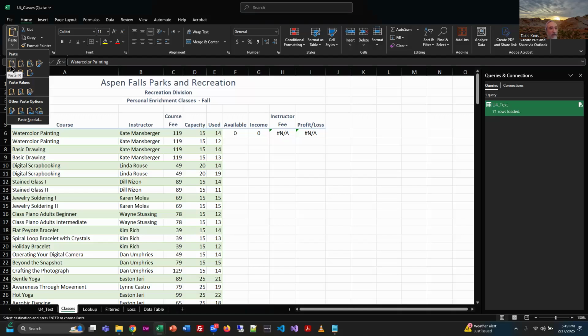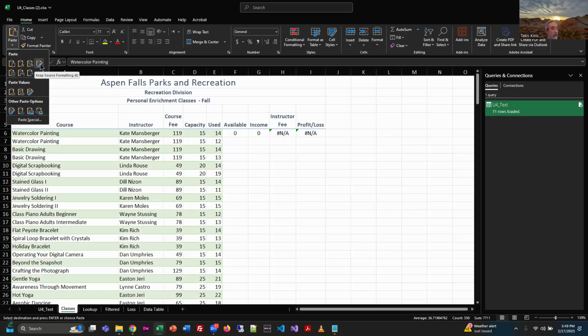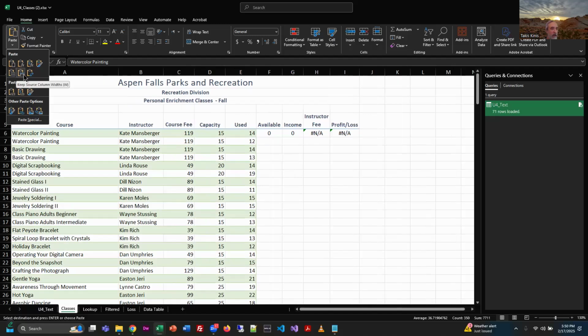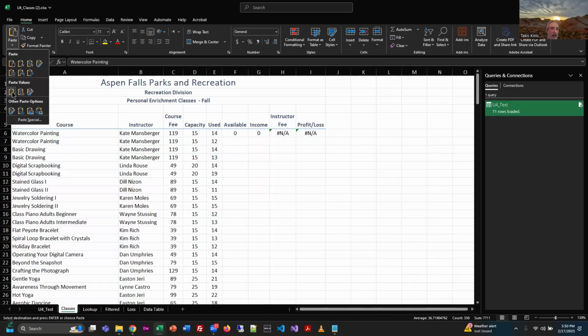This is the regular paste. This is just to paste formulas. Okay, well, there are none, but whatever. Or formulas and number formatting, keep source formatting, how it came in, right? No borders, keep source column widths, or transpose. In other words, instead of horizontal, turn it the other way. Not good. Notice I can also just paste the values